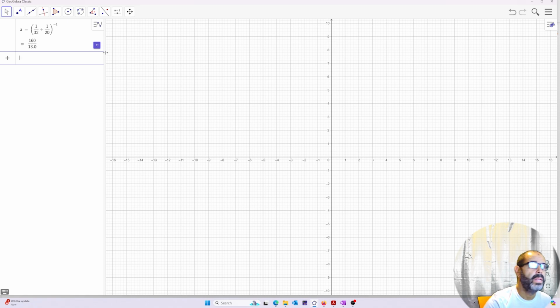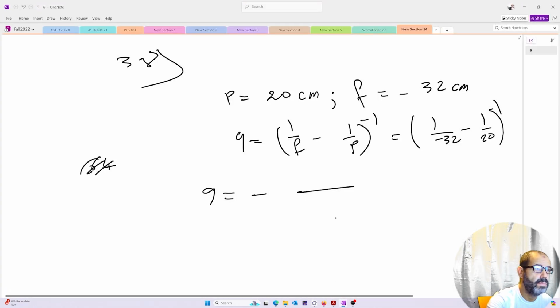So that's the answer: 160 divided by 13 centimeters, which is roughly negative 12.3, with the negative sign,